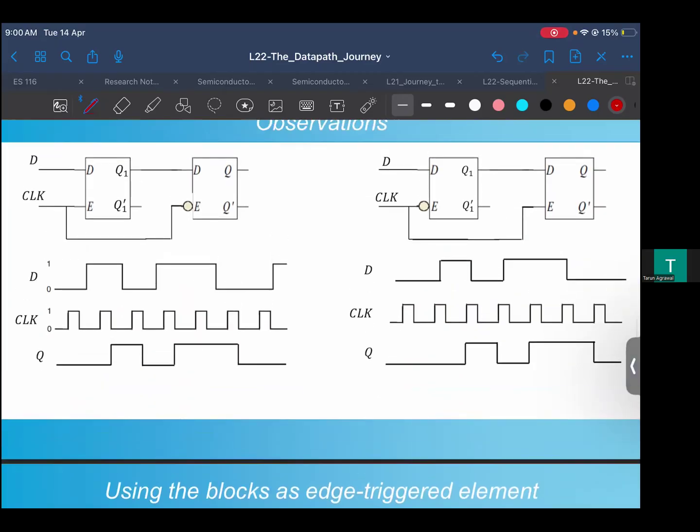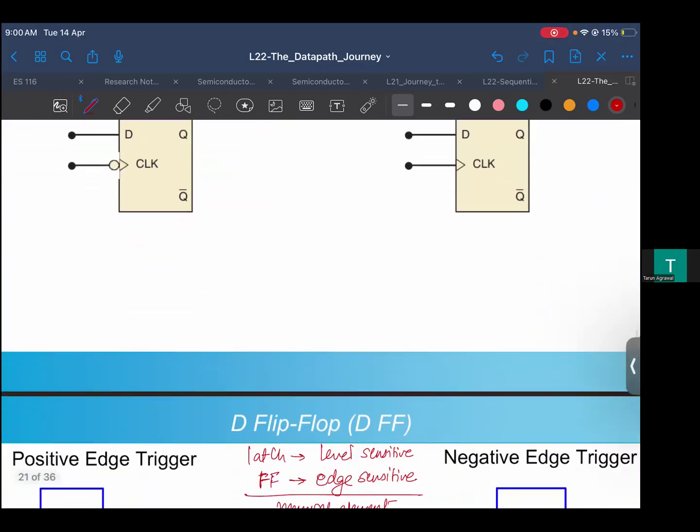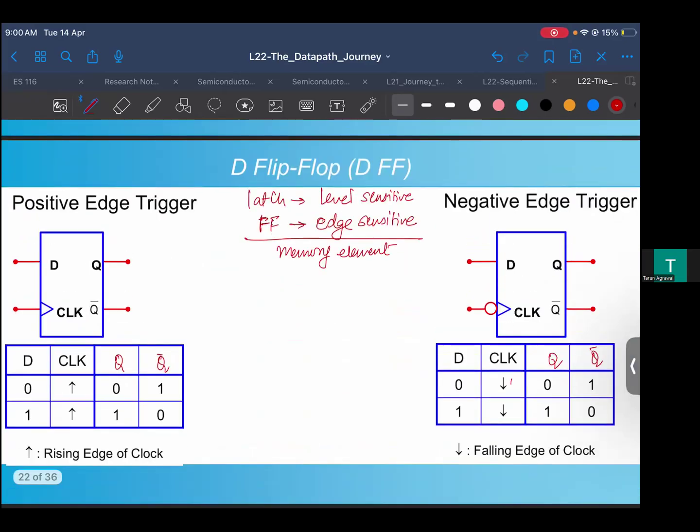So this was basically a negative edge, right? If I'm correct, this was a negative edge flip-flop. So D flip-flop, negative edge, and this was our positive edge, where the clock is coming here, D, Q. So this is our positive edge flip-flop. These are the two D flip-flops which we have seen, and now we are going to make an